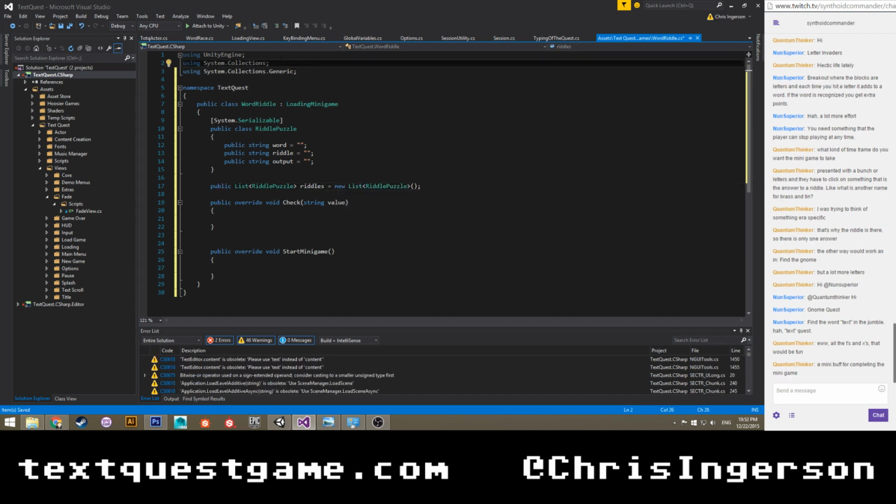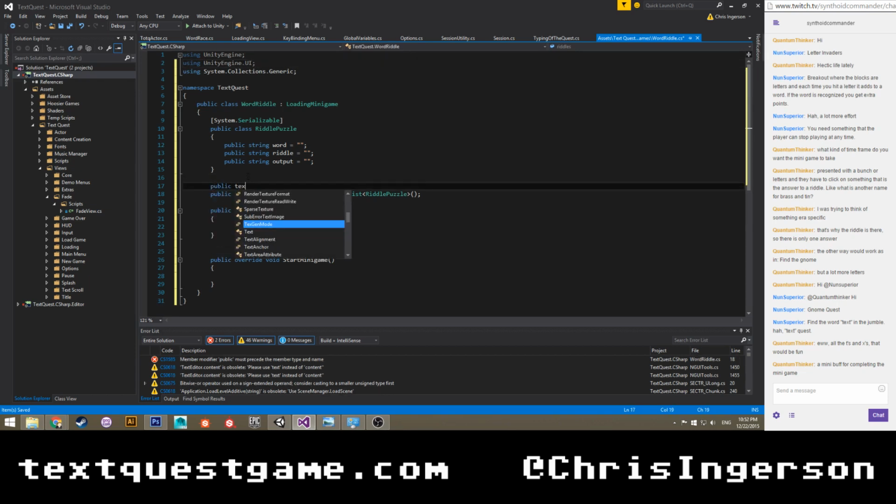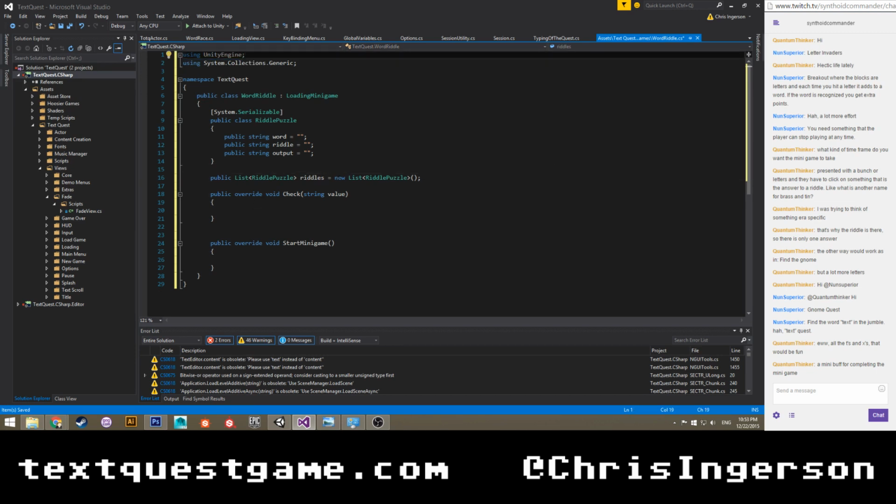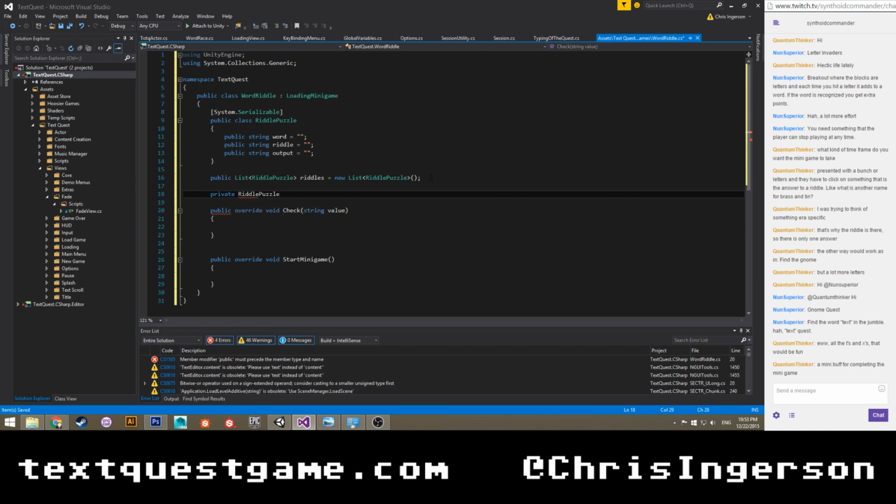And then I almost forgot, we're going to need Unity engine.ui because we're going to need a public text puzzle text. Except we don't because the base one has that, I forgot. So we don't actually need that, which is fine. And we'll have private riddle puzzle current riddle equals null.